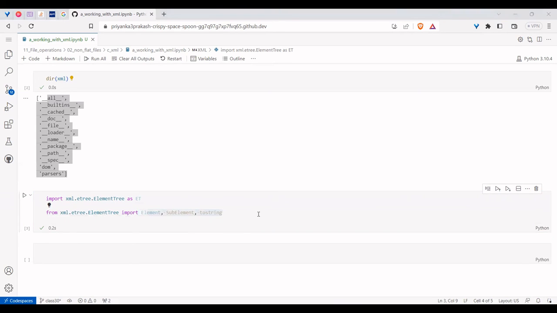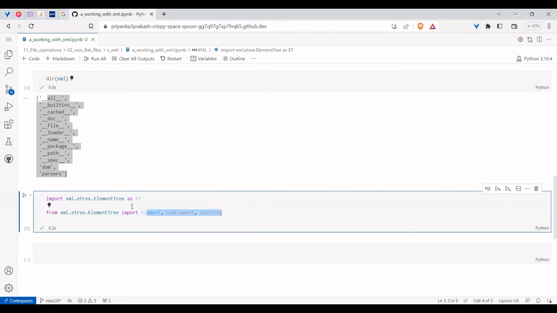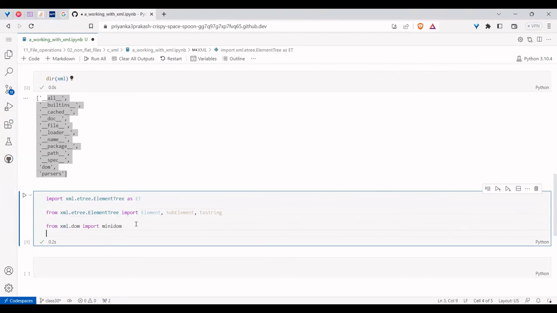And similarly, sometimes afterwards we also work with something like DOM. That means xml.dom, which you saw. DOM means document object model. Whenever you are working, even a web browser will have a DOM. This is a big topic, so in the next class we will see about it. So like this,